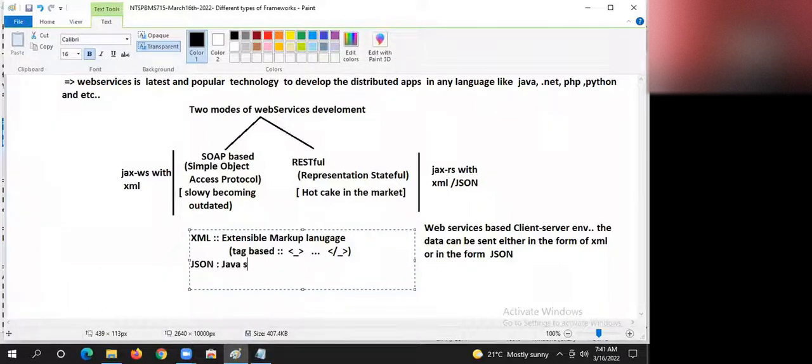JavaScript Object Notation. Key value based, guys. Everything is in the form of keys and values. Key is equal to value. Everything is key value based.